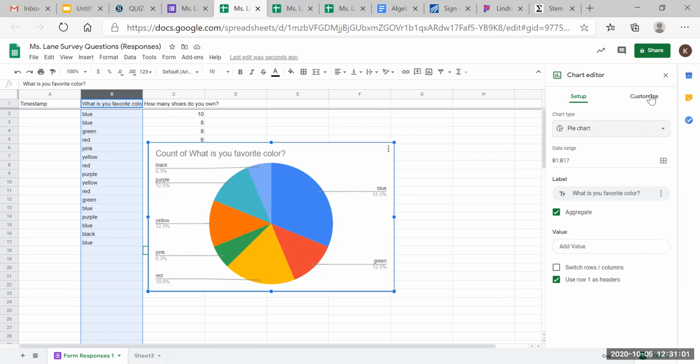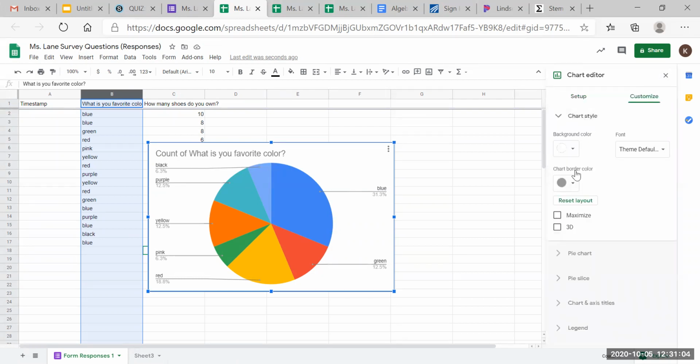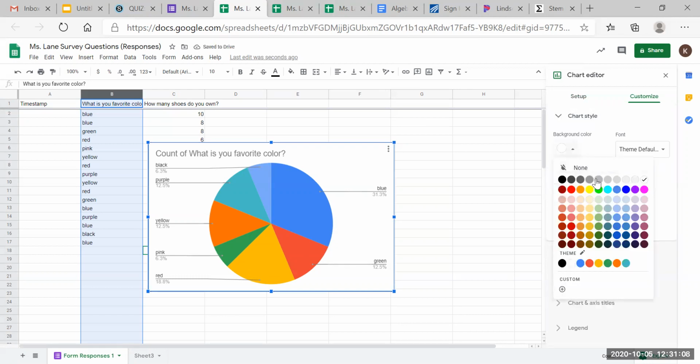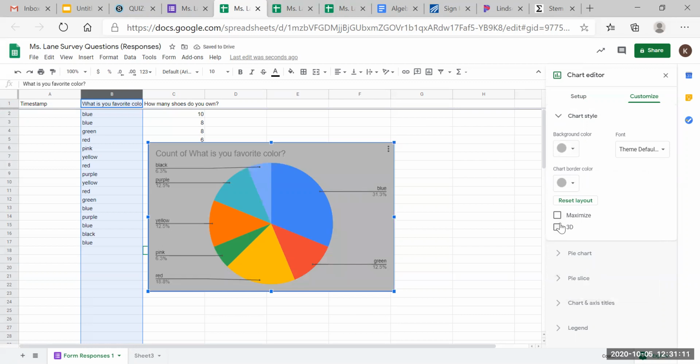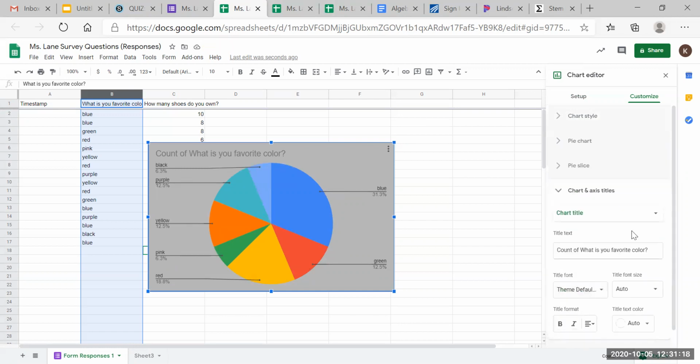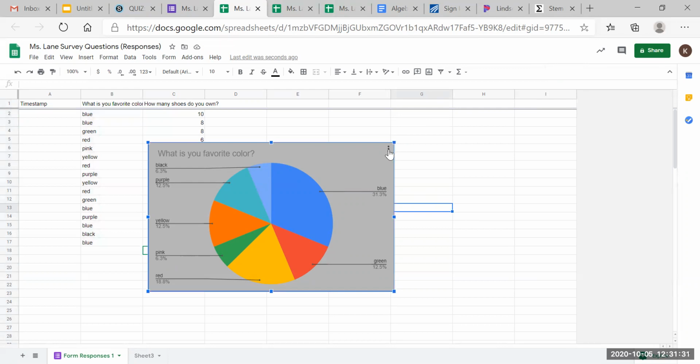If you come over here to the top and hit customize chart style, you can change colors, background color, whatever you like. You can hit 3D if you want it 3D. Again, you can see what different options there are here. If you hit chart and axis titles, title text. What if I don't want the title to be count of? I can just delete count of and it will just say, what is your favorite color? Okay, when you're done with this, you can hit the top right corner, do a copy chart, and then go